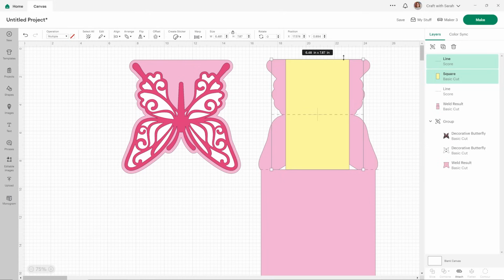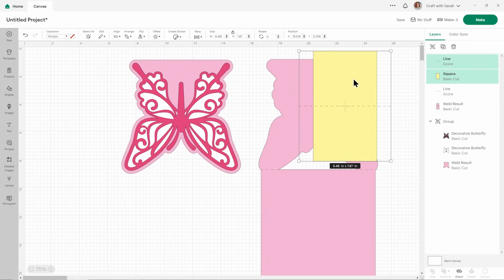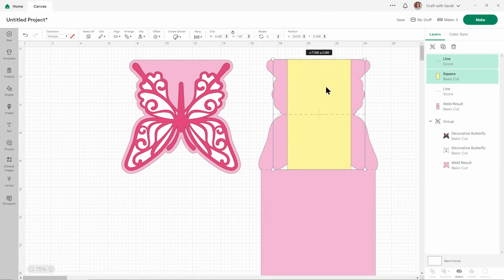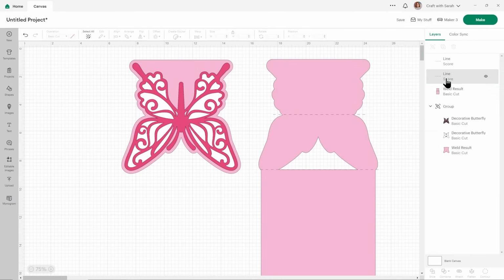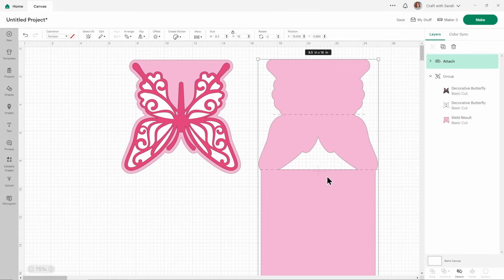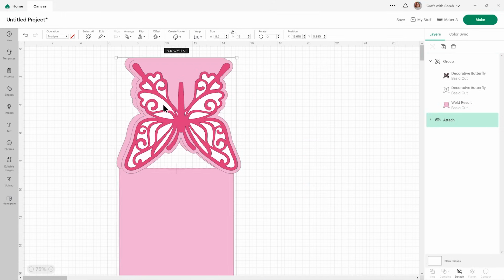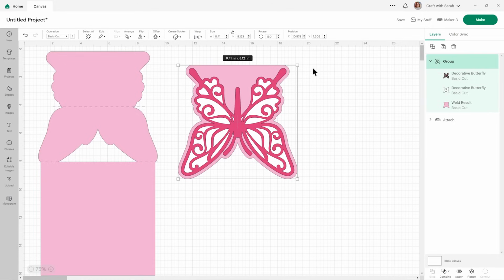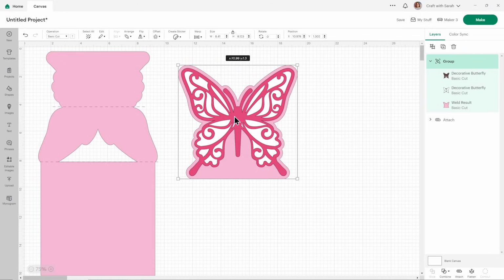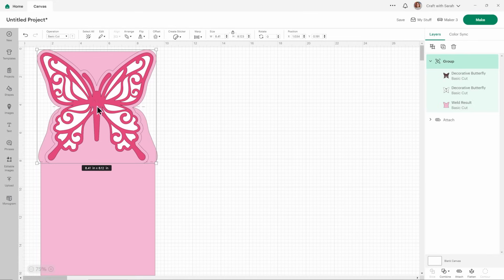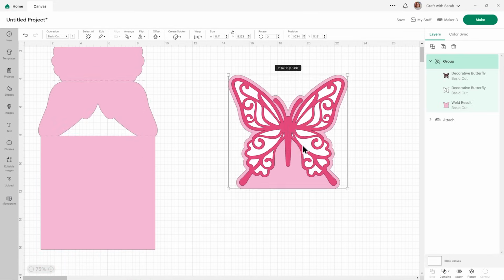Then make sure it's still lining up with the top and bottom of your card. You might find when you align it, it moves it. Just put it back into place and then you can delete that, and you know that that score line is halfway between. It looks like it isn't, but that's just a trick of the eye because this gap is throwing it off. So it looks like there's more space here than here, but it isn't. All right, and we can select those three and attach the score lines. And then I'll send that to the back. This I will flip again. So that will be on there when it's all made. It'll go down to about there.